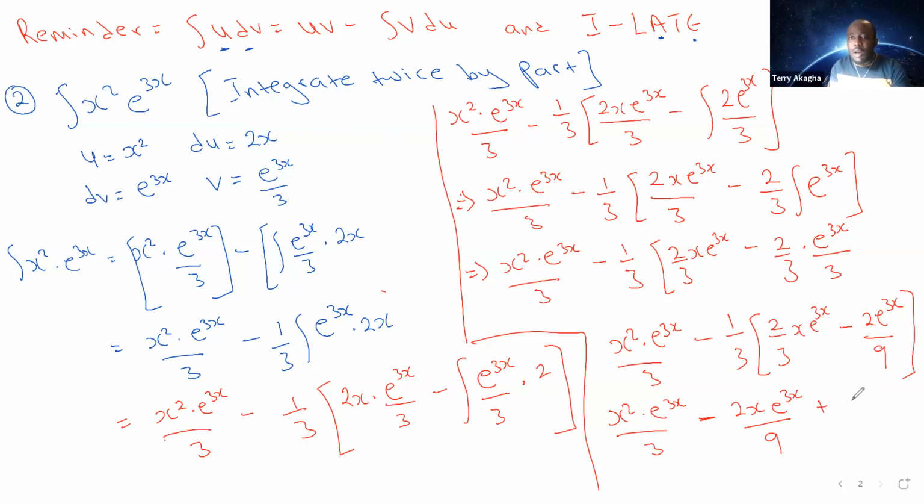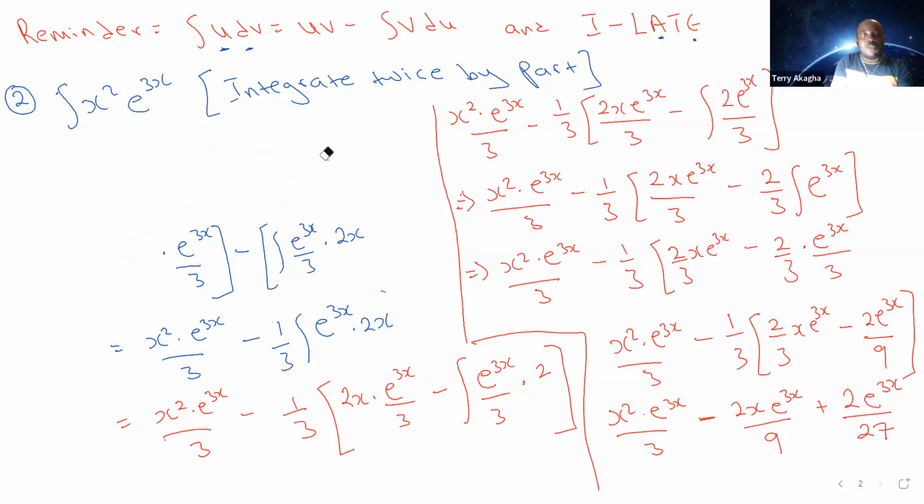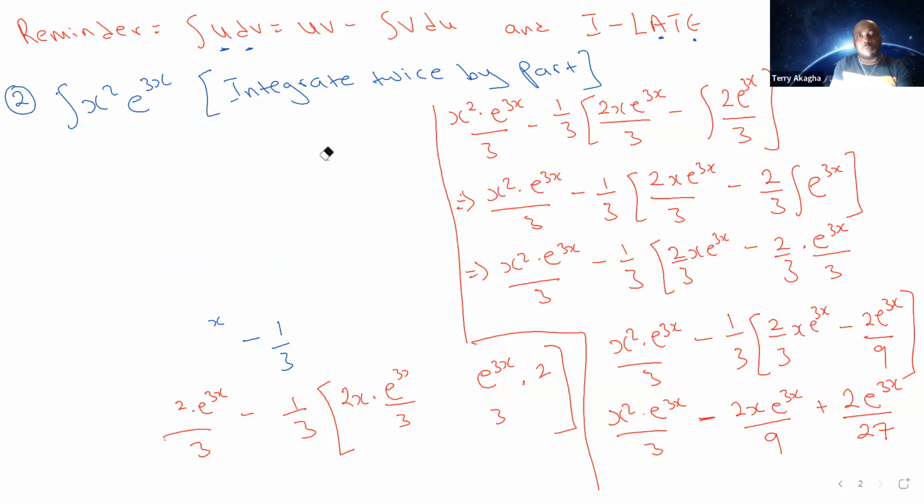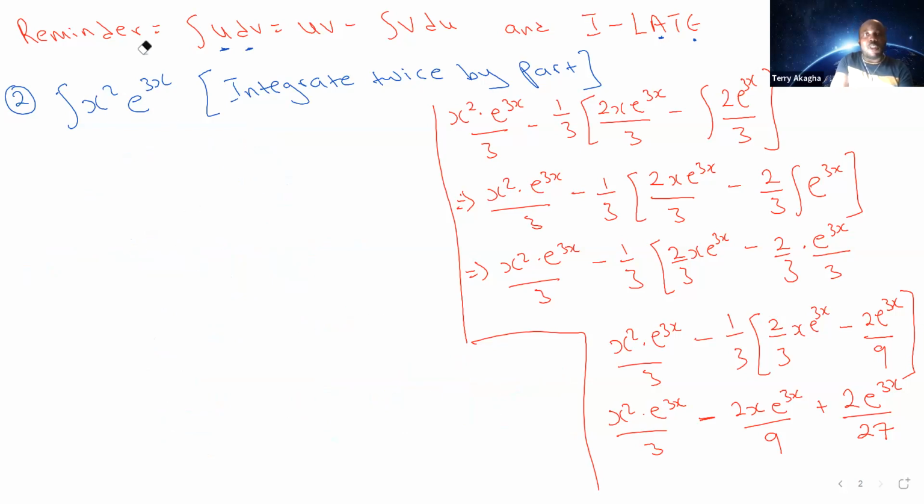It's going to give you plus 2 e^3x over what? 27. All right, over 27. Okay, so I'm going to clean this part so that I can see the question here. So continue solving it. So I'm going to clean this part here so you can continue solving. So, and this is going to give us, I appreciate that this is going to be a little bit long, but